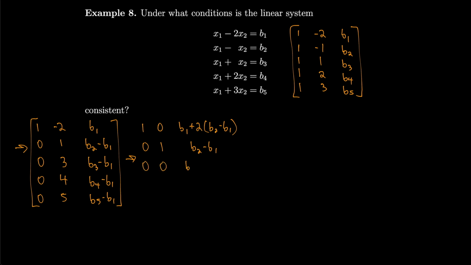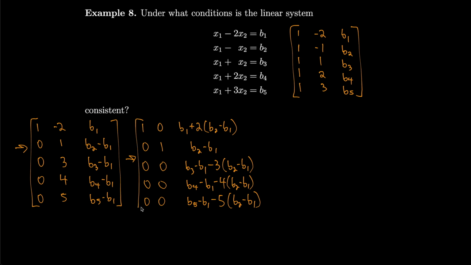I'll take B3 minus B1 that was already there, and I'll subtract off 3 of the row above, so 3 of B2 minus B1, and then I'll get 0, 0, B4 minus B1, I already had it, minus, there's a 4 over here, so I have to take 4 times this, so 4 times B2 minus B1, and then my last row, 0, 0, B5 minus B1 minus 5 times B2 minus B1. Okay. So that is